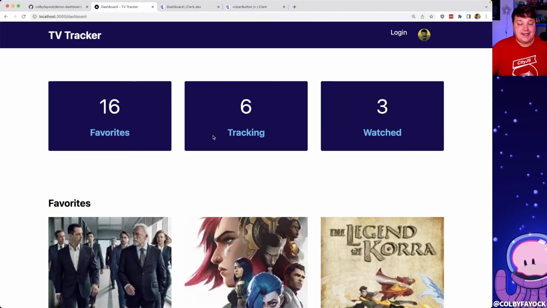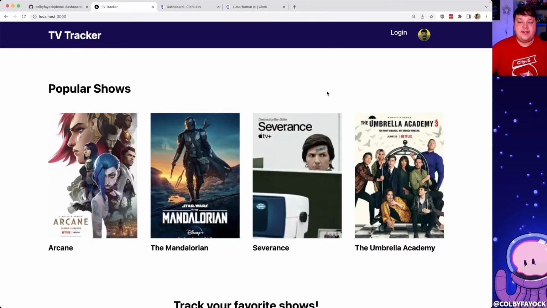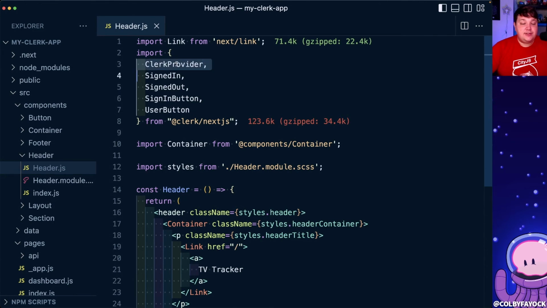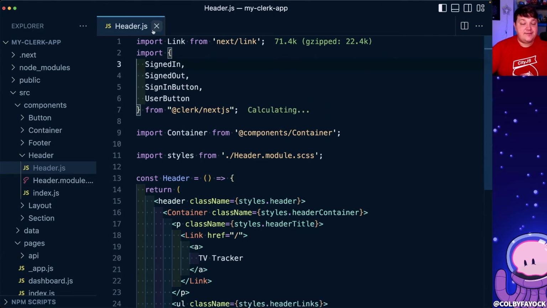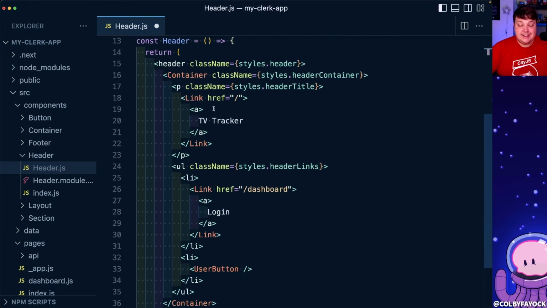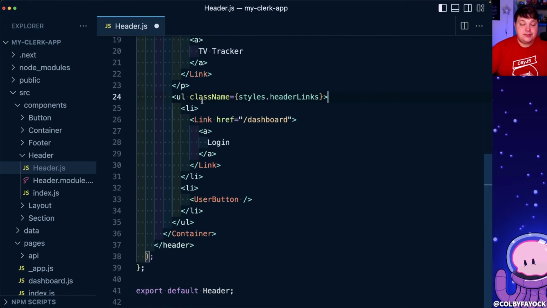And again, I'm authenticated. So we're looking pretty good, but if we look at this header, we see we still have both the login and this user button showing at all times. So we want to make sure that we only show those if the state makes sense to show those. So spoilers, while we're not actually going to use the ClerkProvider in the header.js file, we can still use the SignedIn and SignedOut components, which is exactly what we're going to do, where I'm going to wrap my